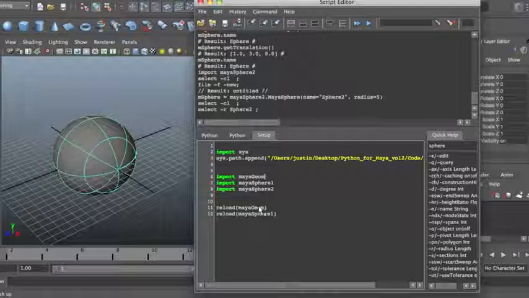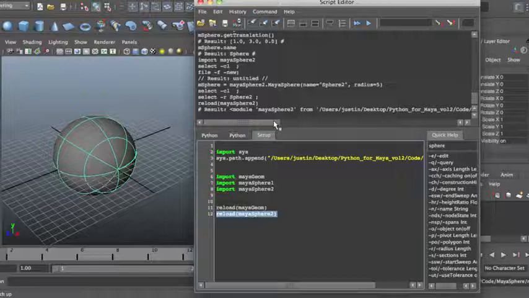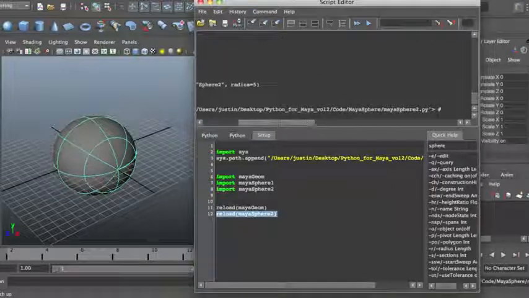This is why I have these reload commands. This is how I like to work sometimes. I made a change, so I had this. Now if I tried to use this, it would still be the same code because it's still in memory. So what I need to do is reload it, and you can tell it worked because this will say